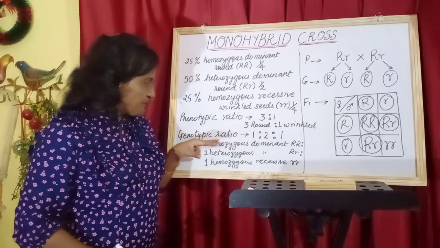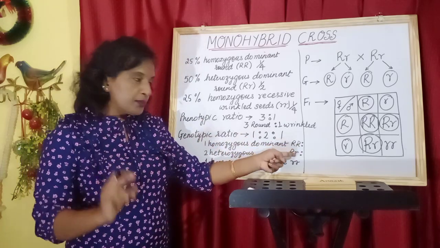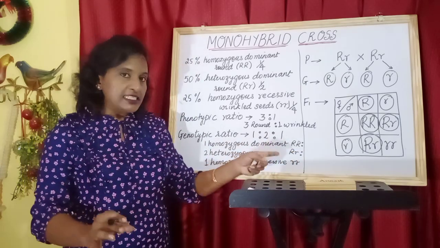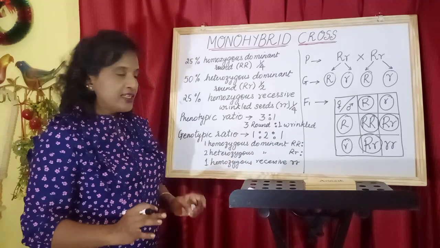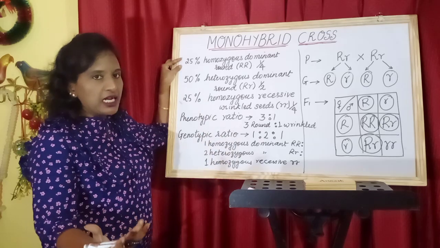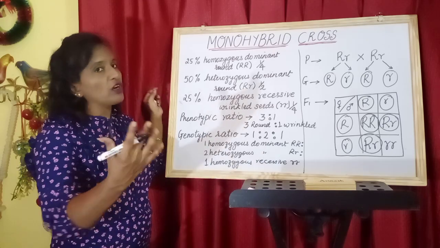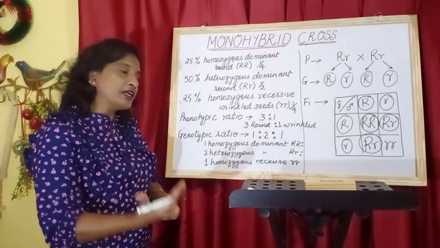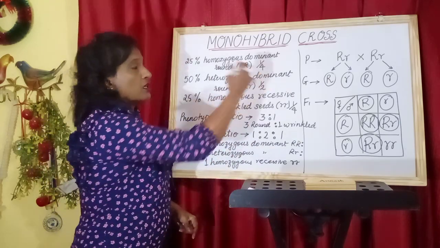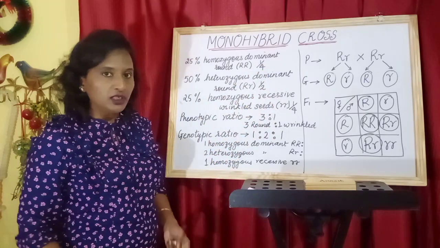So what do we see here? One is capital R, two are capital R, small r with the alleles, and one is homozygous recessive, that is small r, small r. So based on any particular problem, either we can show the percentage if it is asked, how I have shown here, that is 25, 50, it depends what type of question is asked. We can also predict the percentage. We can also see the fraction by which we get any particular individual. That also we have seen, 1 by 4 or half or 1 by 4 in this particular problem.